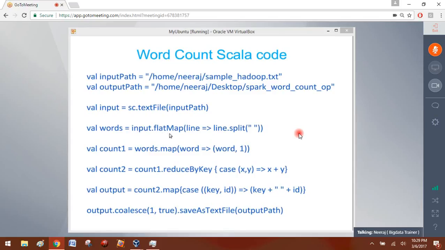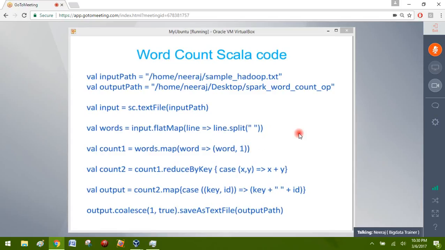Dot flatMap. In the next line, I am doing dot map, so I am creating a type of mapping. In the previous line, I just split the line into different words, but I did not create any type of mapping. That's what I am doing in this line: words.map, word is mapped to (word, word). Whatever word you had in your line, every word will be converted into word comma word. You can say in these two lines, we have achieved what we had achieved in the mapper of word count